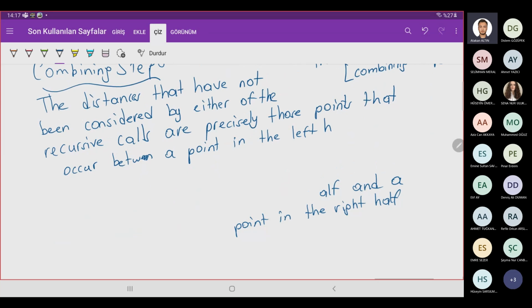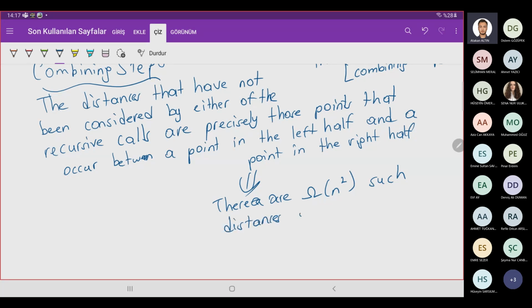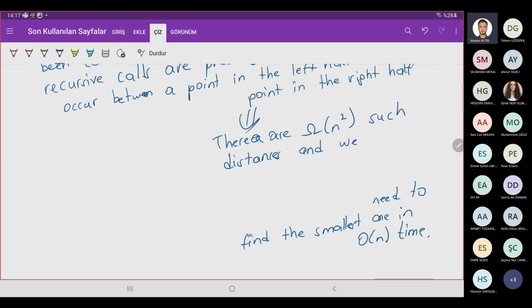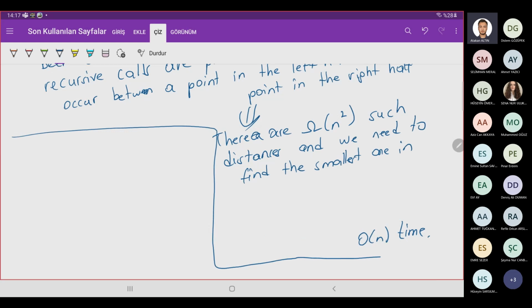There are omega n square such distances, and we need to find the smallest one in O(n) time. So on a subset of points, let's say,